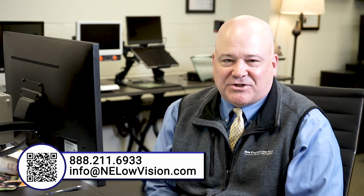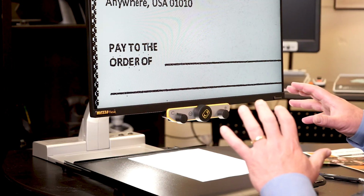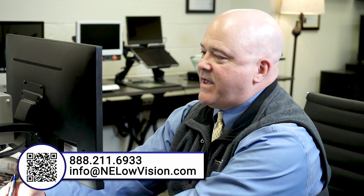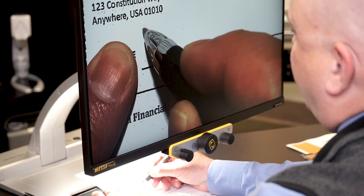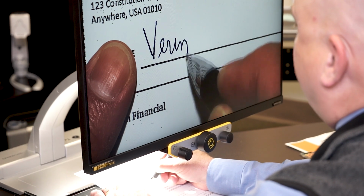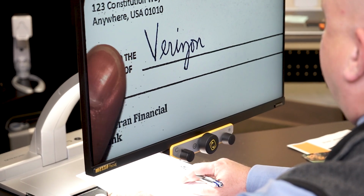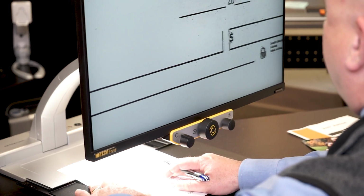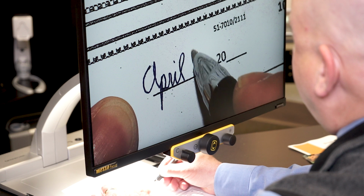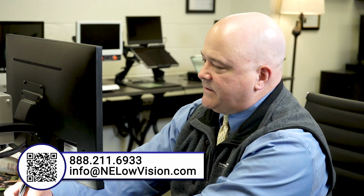One of the last things I want to show you is how to use the Mezzo for writing tasks. I placed the sample check on the screen, which will make up a vendor that we pay. Hope people know this particular company. We'll make this check out to Verizon. So here you see my penmanship. All right, there's Verizon. Now we have to move the whole check over. If it's too small, we can make that image bigger. So we'll put the date. We'll use the amount